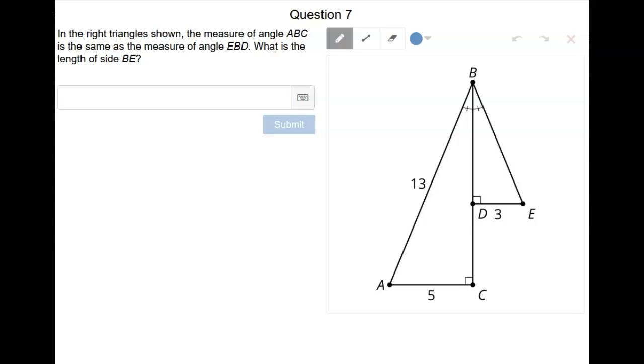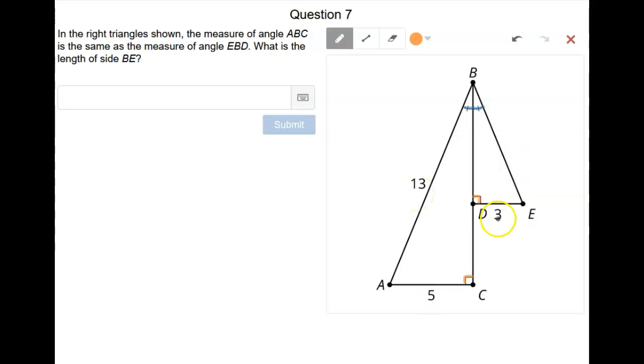So the only reason that we need to know that these two angles here are congruent is to show that these are two similar triangles. So if this angle is congruent to this angle, and these two angles are congruent to each other, then we know that these two triangles are similar by the angle-angle similarity theorem. So what that tells us is that all the ratios in these triangles are going to be